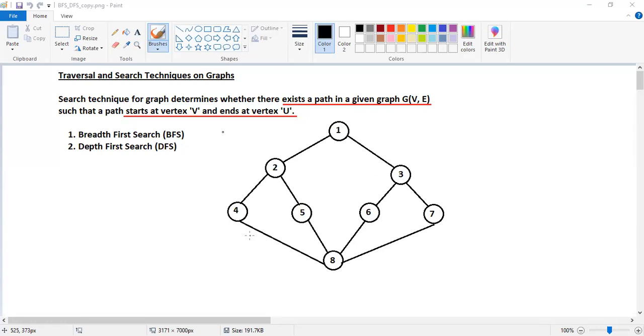So breadth means we go in a horizontal direction. We try to cover the adjacent vertices to a selected vertex, and we keep on exploring the unexplored vertices. We say a particular vertex is explored only if we visit all its adjacent vertices. Until then, it is unexplored. So to get the search technique using the breadth first search, we make use of a queue. In the queue, we keep the vertices. Which ones are they? Are those explored or unexplored?